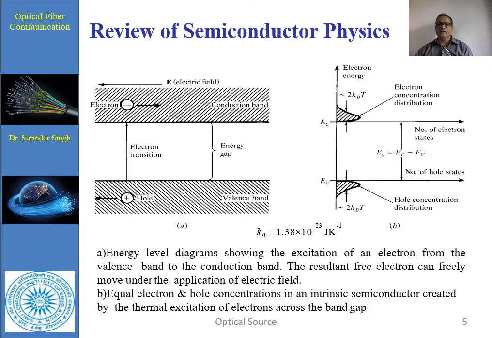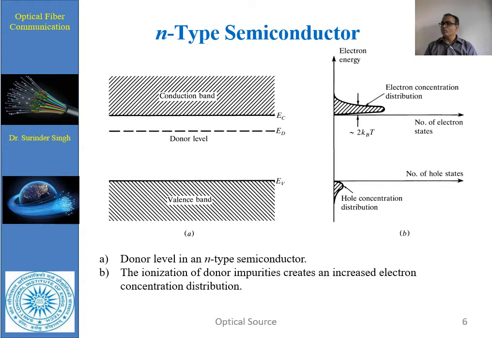Now the conduction can be increased by adding an impurity from the group 5 elements. Group 5 elements are phosphorus, arsenic, antimony. When we add this impurity, the process is called doping. So by doping, these elements have 5 electrons in the outer shell,